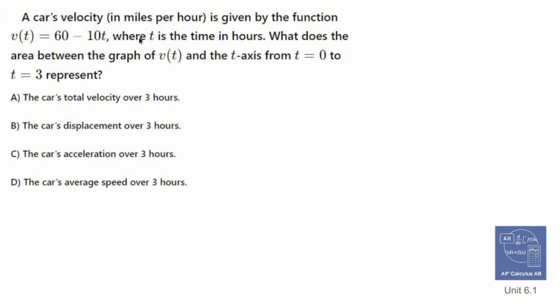A car's velocity in miles per hour is given by the function v of t equals 60 minus 10t, where t is the time in hours. What does the area between the graph of v of t and the t-axis from t equals 0 to t equals 3 represent? Well, if you take the derivative of something, say you have the velocity